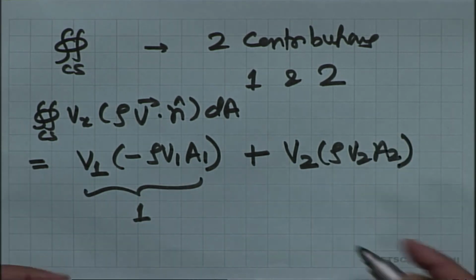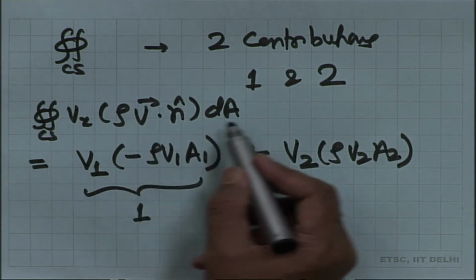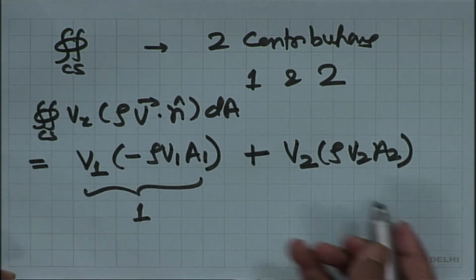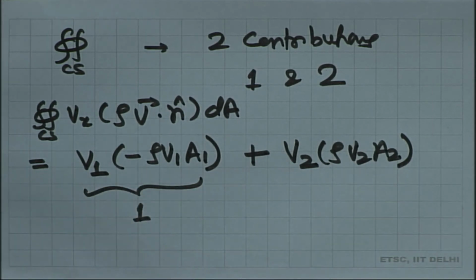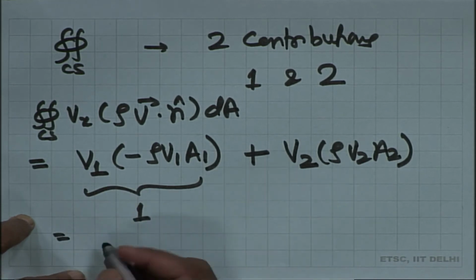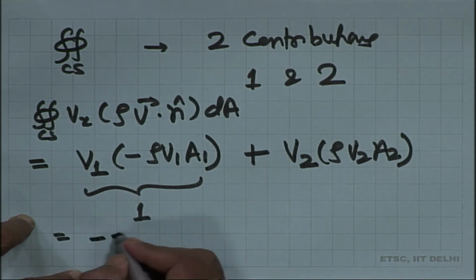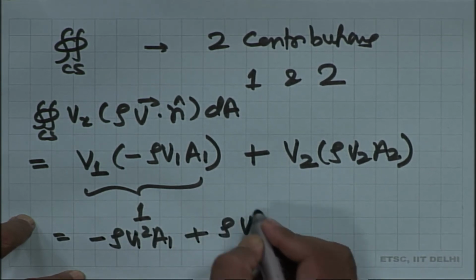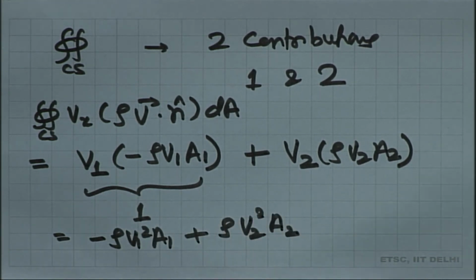Now, obviously, we are able to do this because this velocity is not changing with area. So, we are just able to take these simple integrals out and integral dA just becomes the area. So, therefore, this becomes equal to minus rho V1 square A1 plus rho V2 square A2,